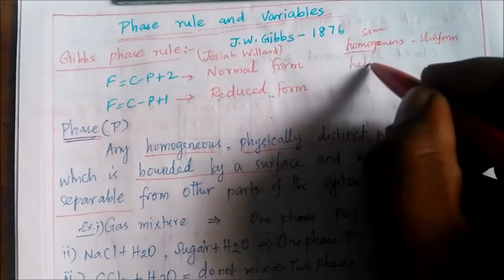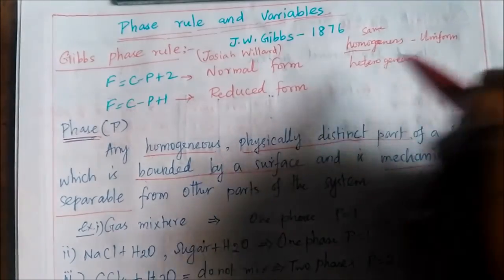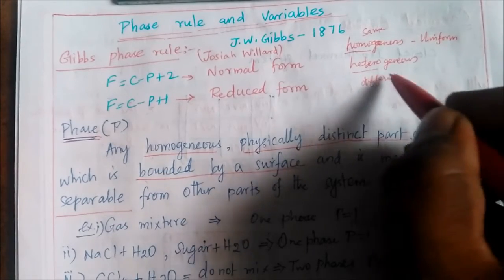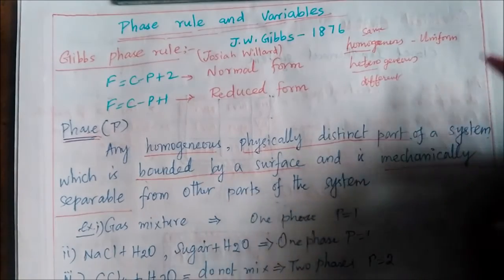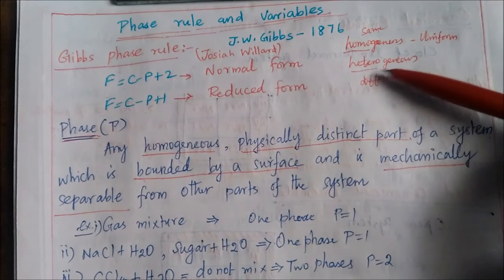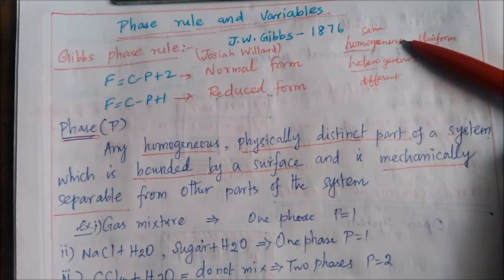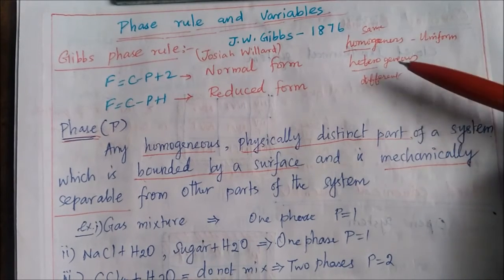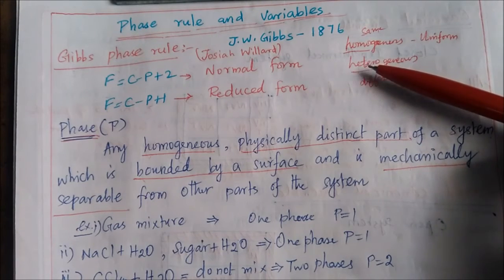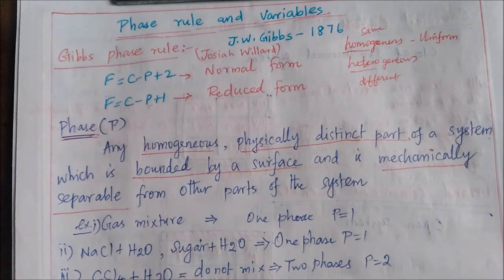And heterogeneous, hetero means different. So if there is more than one phase present in the system, then that will be called a heterogeneous system. Systems can be classified in this manner also: homogeneous system, heterogeneous system. We will see some other examples when we discuss